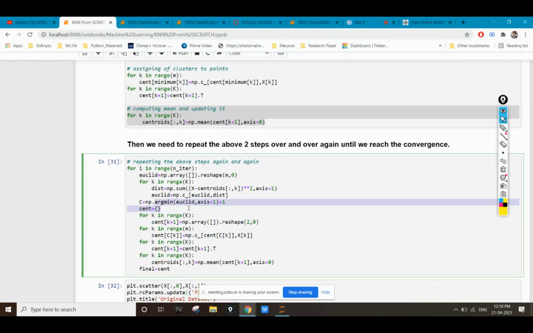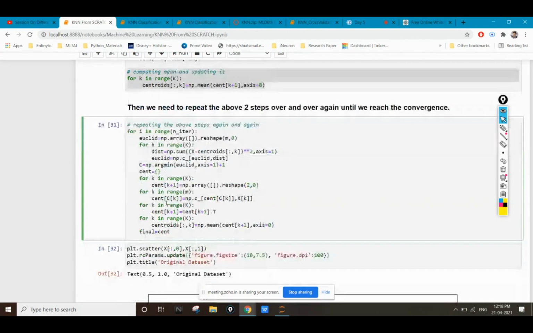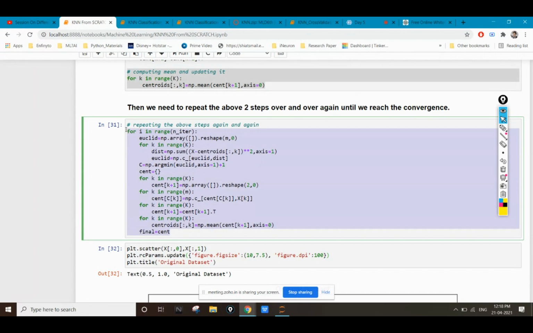Here at this particular position, I'm again calculating the minimum position, and again changing the centroid point. So you can see that in this particular example, I have changed the centroid point 3 times, and I've calculated the mean 2 times.